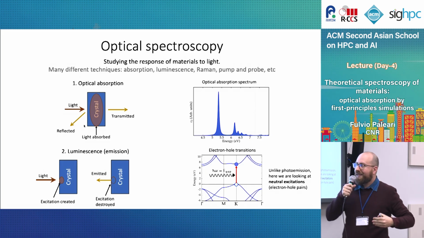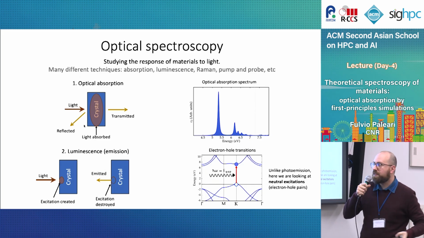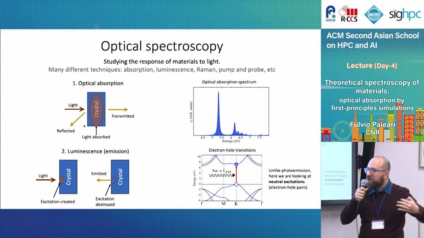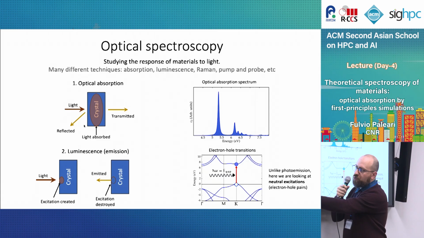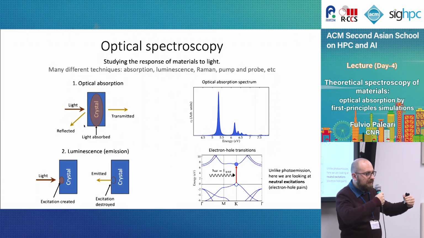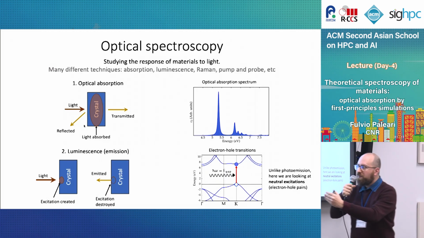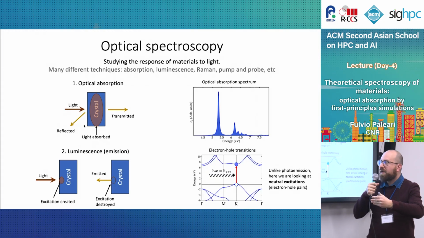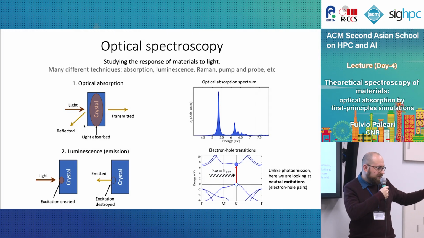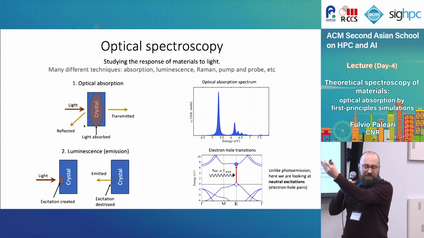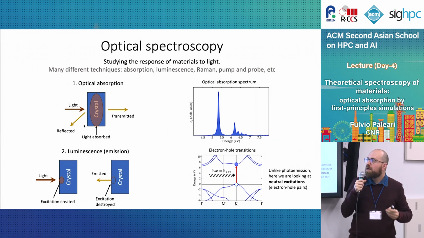Another process is emission. For example, luminescence. In this case, we directly generate some electronic excitation inside the system because of the absorbed light, but then we wait for the system to relax to the ground state, and then light has to be emitted again. This can also be detected, giving rise to a different spectral feature, and this is called luminescence, right? But they are very linked, as you see, very similar.